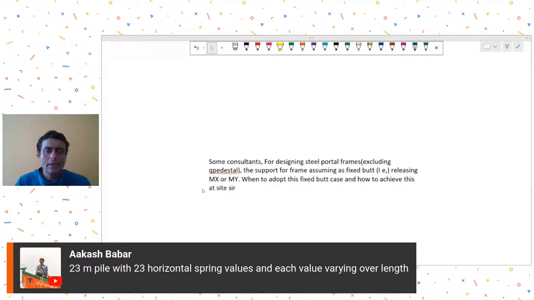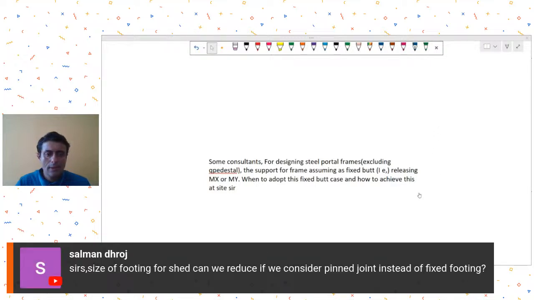And there is a related query on the same question by engineer Salman. He is saying the size of footing or shed can be reduced if we consider a pinned joint instead of fixed. So both of these are similar queries: how to decide the joints at the bottom of the portal